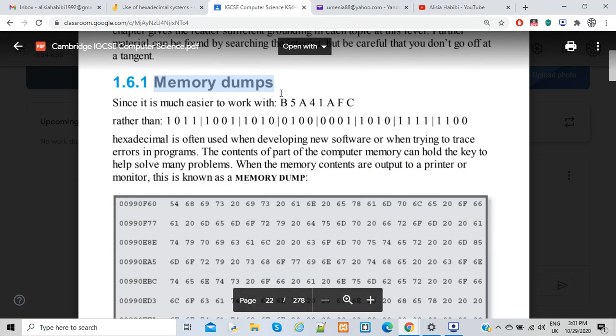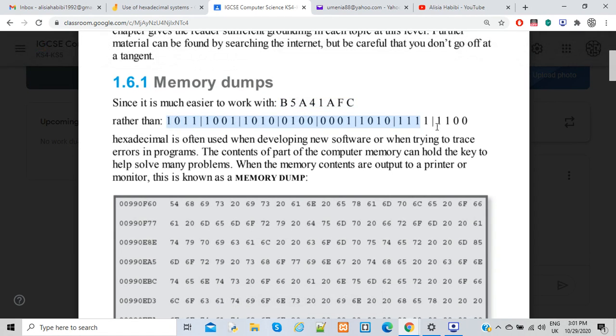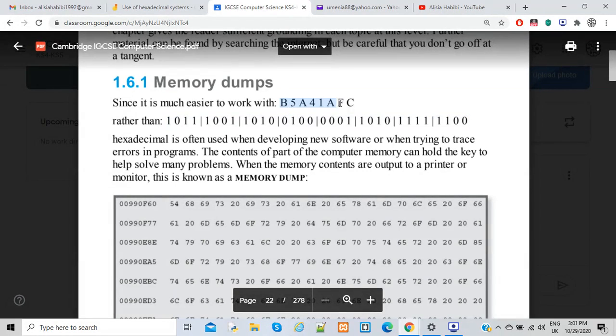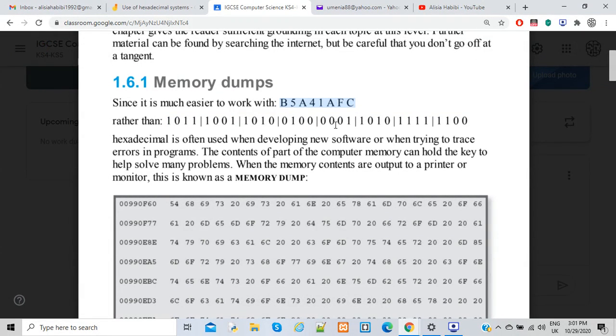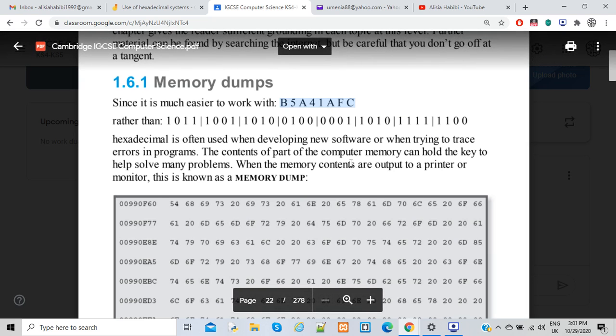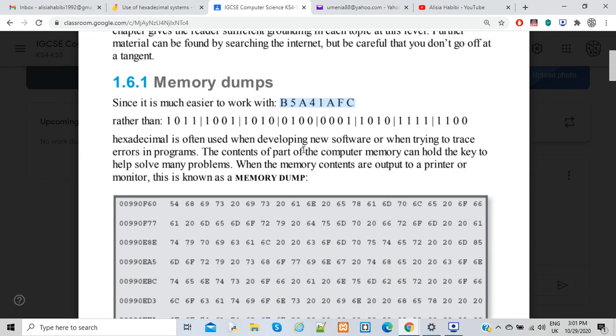So the first use of the hexadecimal system is the use of memory dumps. It says it's much easier to work with these numbers as compared to a binary number. Obviously, we've seen that hexadecimals are represented with 4-digit codes, and binary is usually long. We have an 8-bit, which makes up 1 byte, so it's easier to represent memory locations in our computer system, which we call memory dumps, using hexadecimal digits than using binary. So that makes it easier for programmers or people who create new software to be able to trace any errors